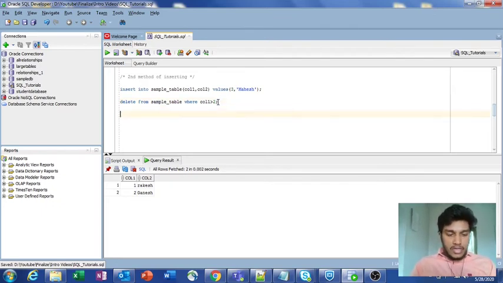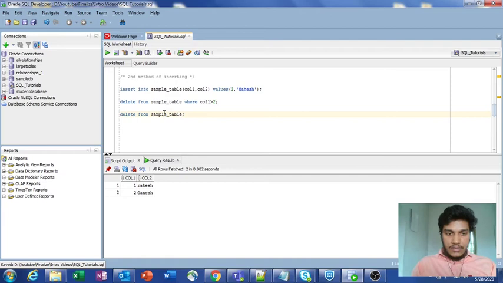We also have one more syntax for the delete command. Previously we saw how to use the truncate command. What truncate does is, without erasing the schema of that particular table, it deletes the entire contents present in that table. Just like truncate, we have the delete command also. We can also delete the entire content from a table using the delete command. For that you just need to specify delete from sample_table. So that's it.